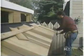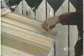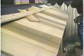For the second course, I'm going to tack a nail here 4 inches up from the bottom edge of the shingles so I can hook my chalk line on. Bring it down the other end. Mark my exposure again at 4 inches. And snap a line, which I'm going to use as a guide for a straight edge,